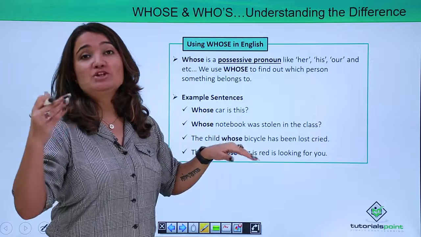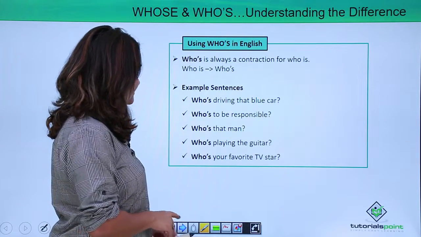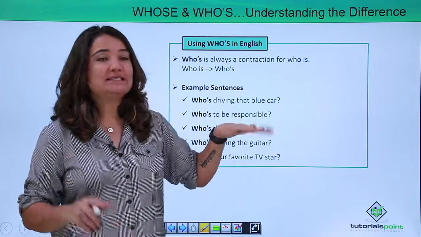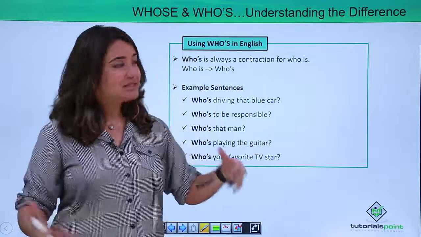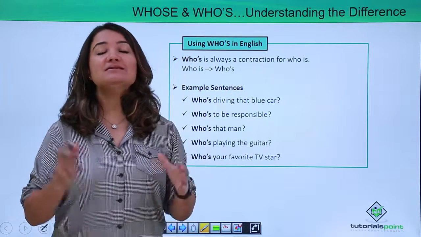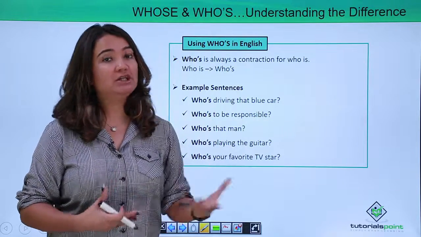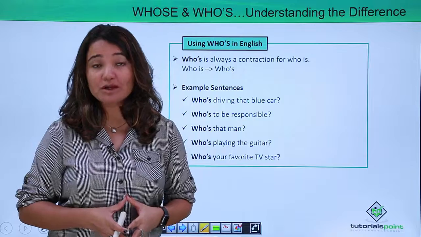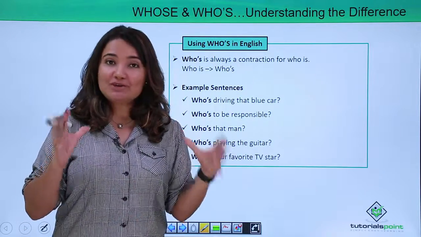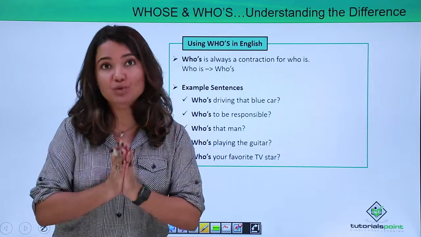Let's learn about the different who's that I was talking about, that is W-H-O apostrophe S. This who's sounds the same and the spelling is different, but what is it? It is a contraction. Like W-H-O-S-E is a possession sort of word, this is a contraction. What is a contraction? A contraction is a word formed by the combination of two words.